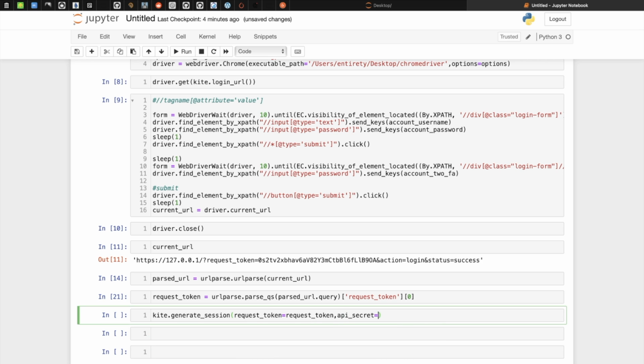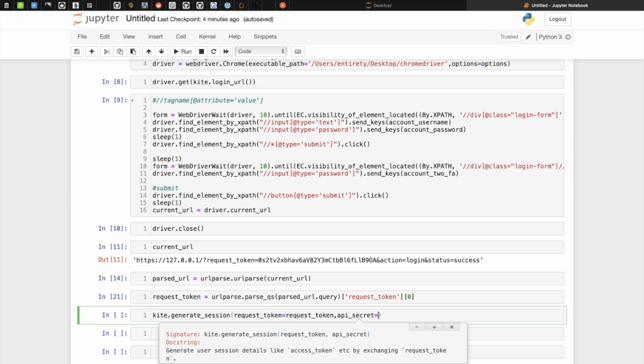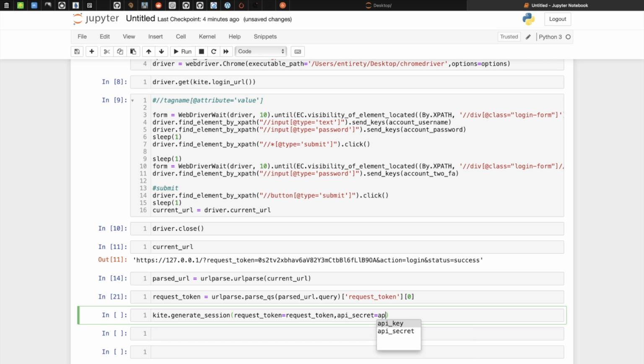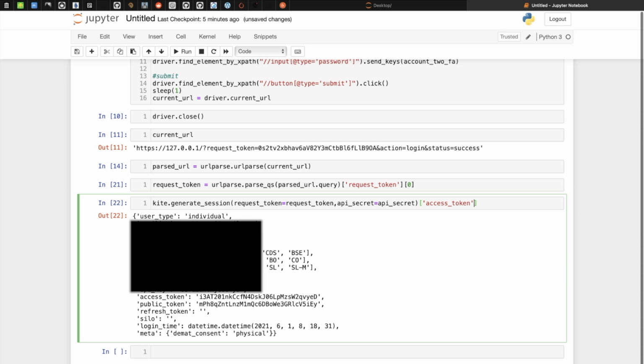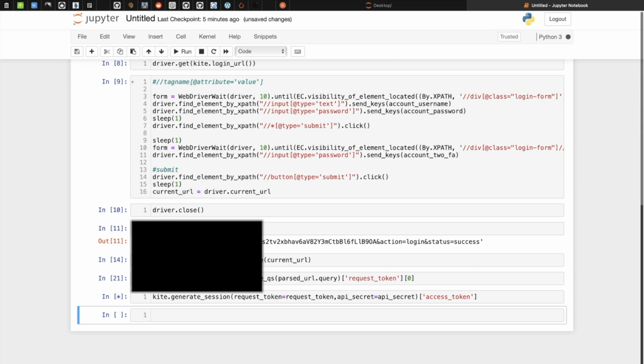You can press shift and tab to get this docstring kind of thing. So API secret, let's do this. We want this access token from this complete text, this dictionary or JSON. So we'll simply use this access token.